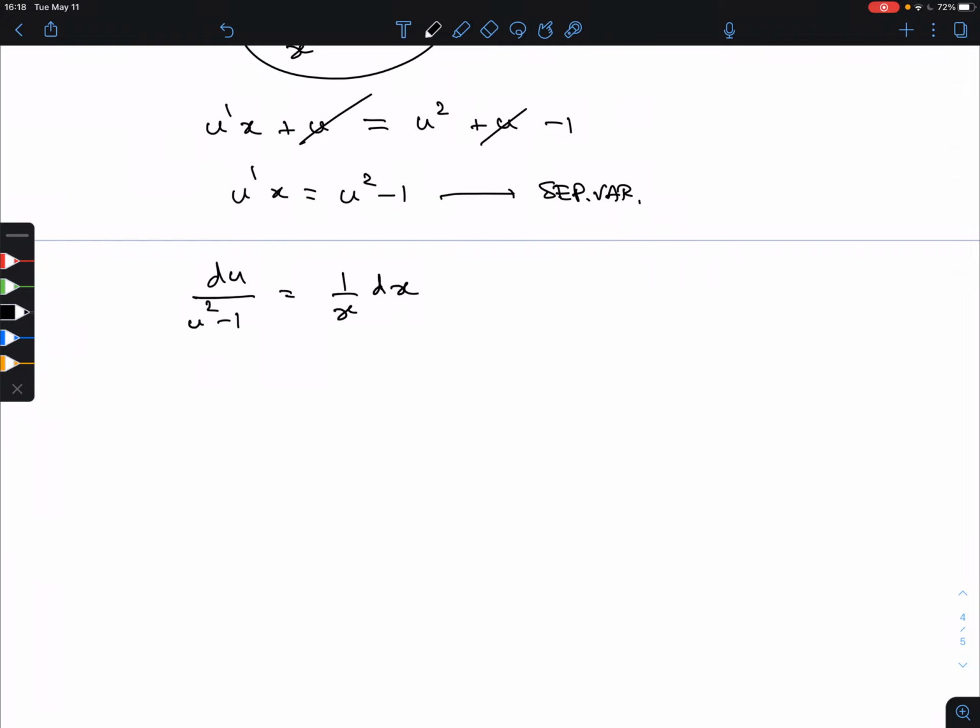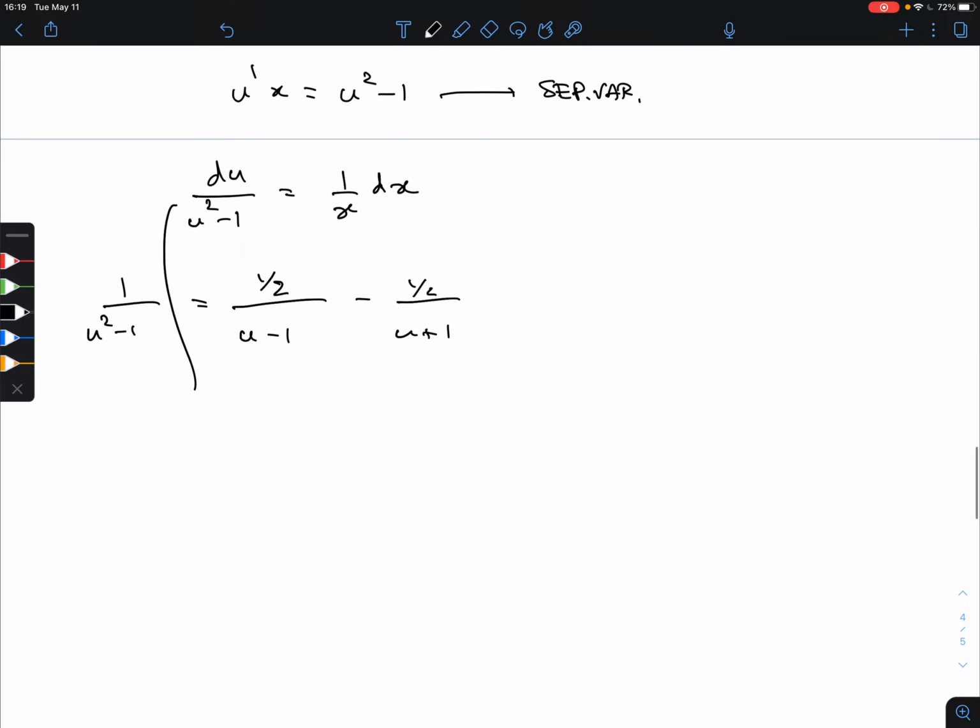partial fraction decomposition. So we know that 1 over u squared minus 1 is the same as a half, let me write it this way, sorry, 1 over 2 times (u minus 1) minus 1 over 2 times (u plus 1). Again, where this comes from, you have to check it yourself that this is exactly what happens, okay? And so, all right, so this integral becomes a half integral of 1 over u minus 1 du minus a half integral of 1 over u plus